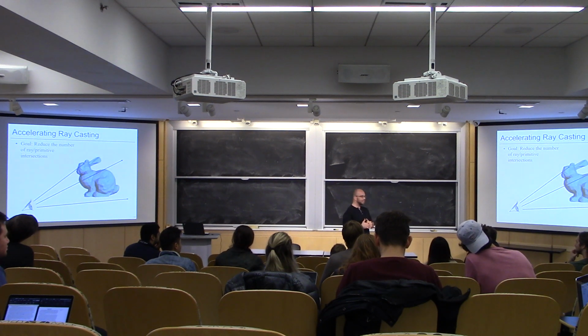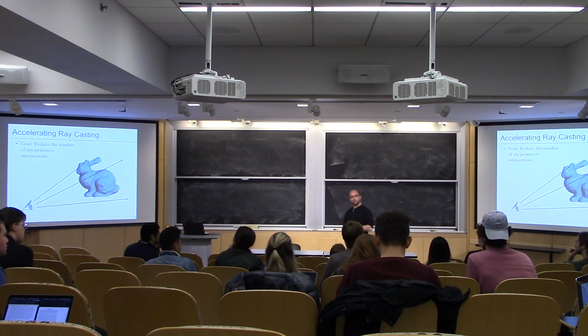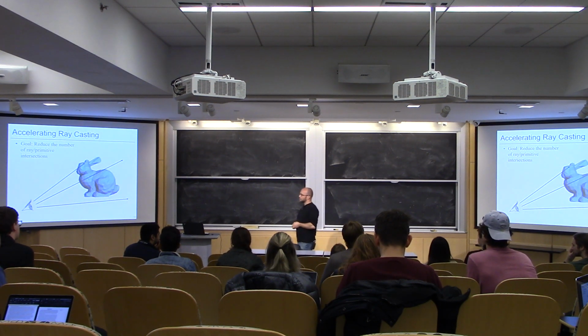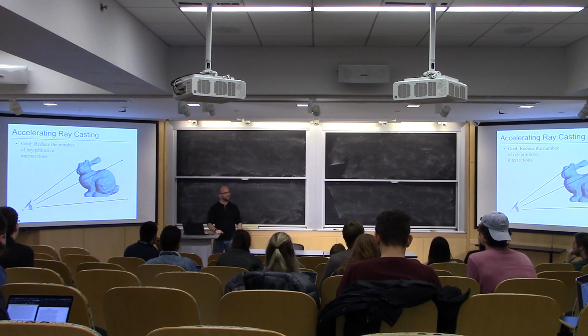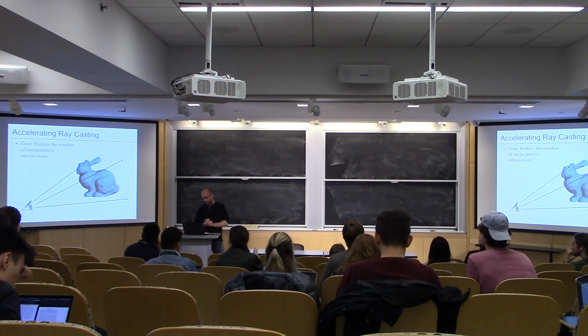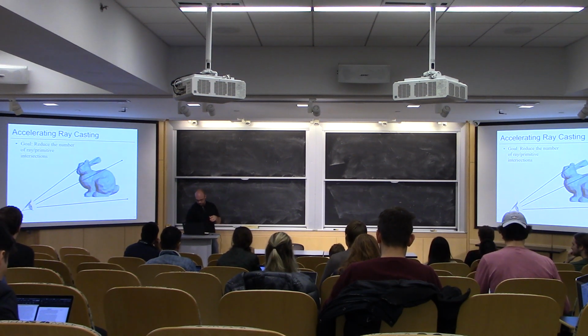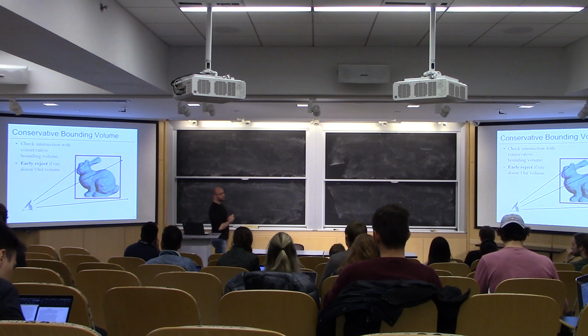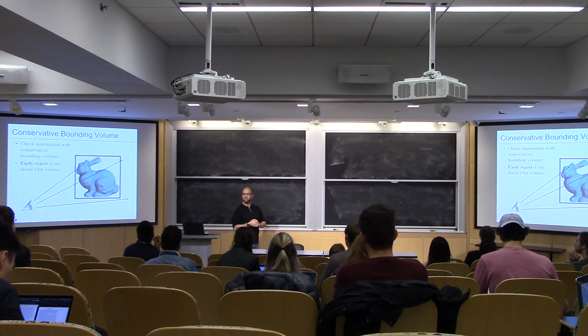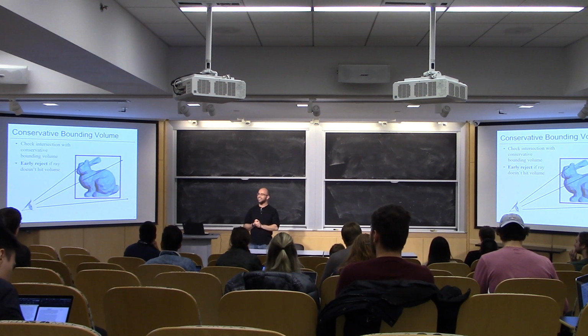There are other ideas? There are actually many things you could do, right? I mean, for instance, one thing you could do is try and do some kind of reduced precision arithmetic, reduce the quality of your math, and maybe that's good enough. Or maybe you do stuff in parallel. I guess that's not strictly reducing the number of ray primitive intersections, but those are ways to make things faster, and there are many. But actually, the strategy that we just suggested is by far the most common approach to making ray tracing faster,